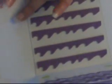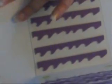Now going to use this embossing folder to make, oh, see, I knew just because I showed you guys it was all going to mess up. I've done this 5 times now. Okay, let's grab the adhesive one more time and just do repositionable dots right on top there,